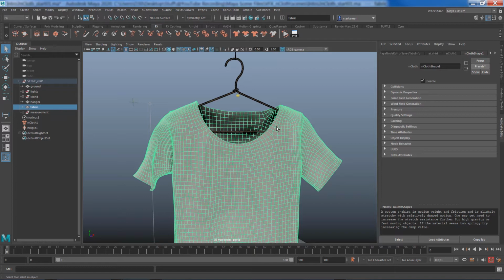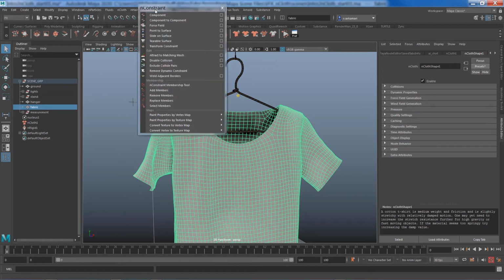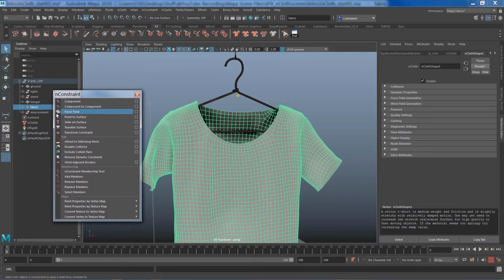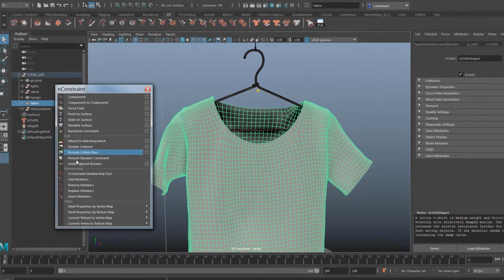In a physical environment, in real life, this cloth may hold on to this hanger and may not fall down, but in here, due to high gravity and lightweight for this shirt, it happens. So one trick is to use nConstraints to somewhat tame the behavior of this nCloth node, and there's a long